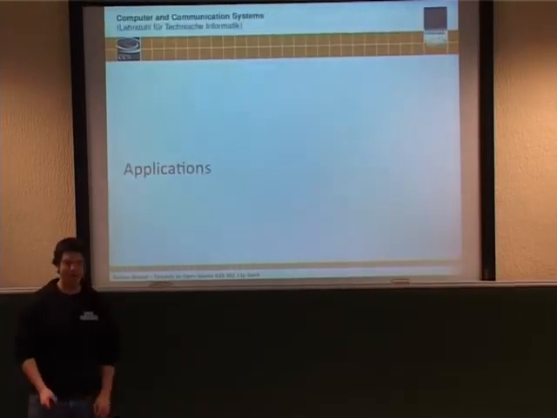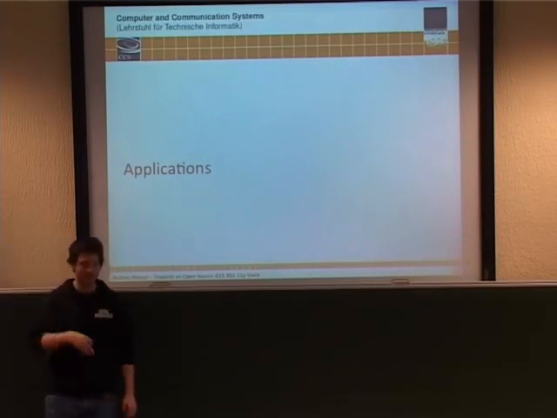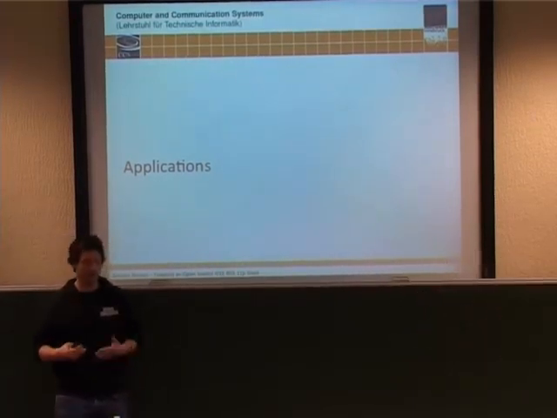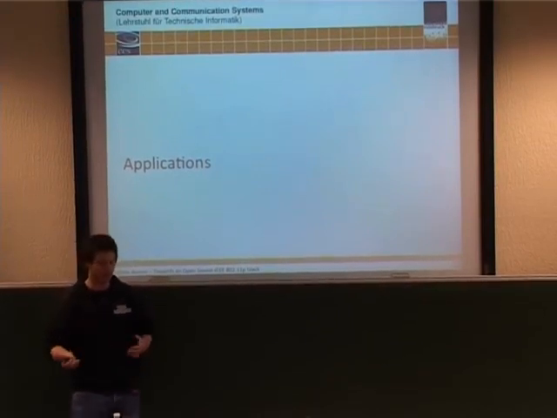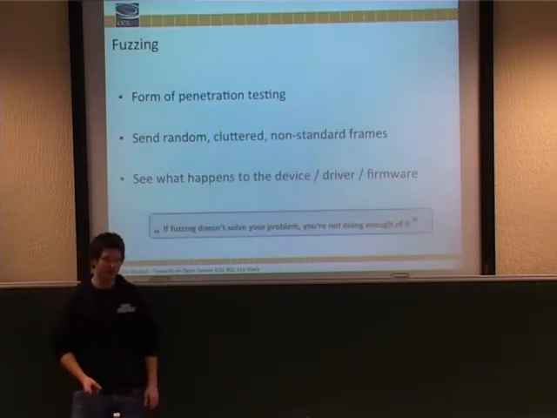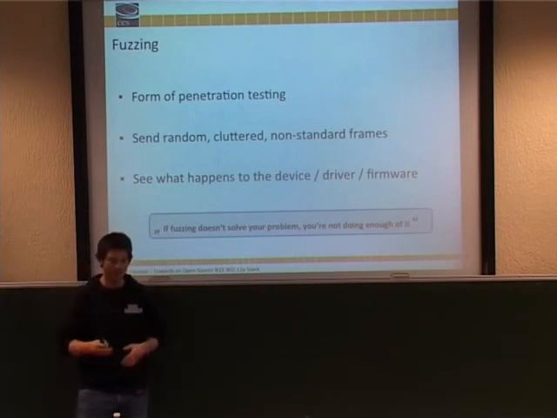Okay, so the last part, I want to talk about some applications, from the perspective of a computer science guy. Obviously, since we now have an SDR implementation, you have all the advantages, like you know everything about your signal and when it went wrong and what happened. But there are also some cool things you can do on the upper layers, and one of those is, for example, fuzzing. This is a form of penetration testing. That means you send some kind of random cluttered symbol or frame or whatever, and then you see what happens